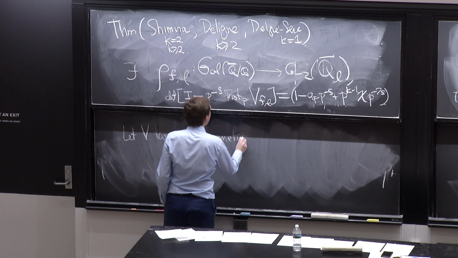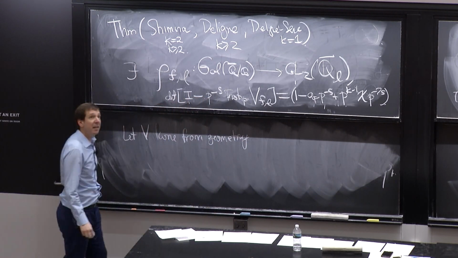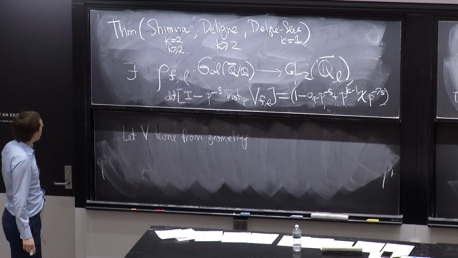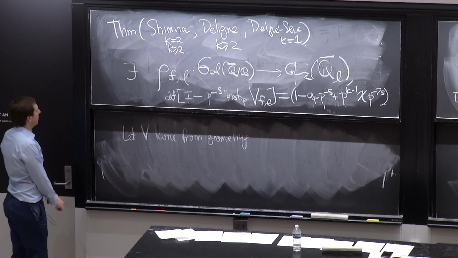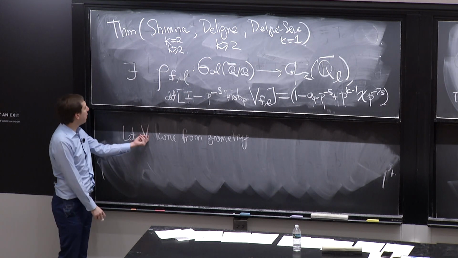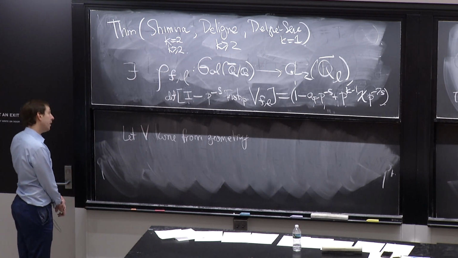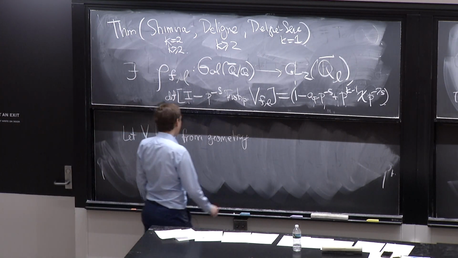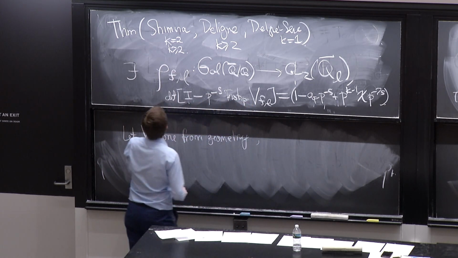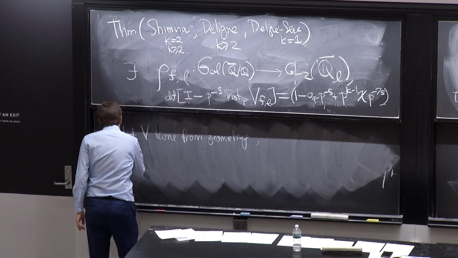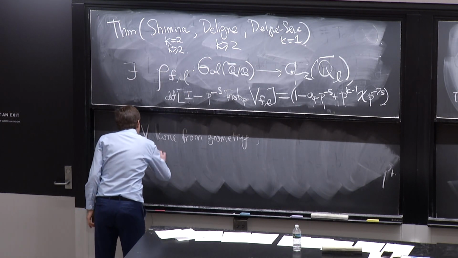So what do I mean by "come from geometry"? I take some proper smooth algebraic variety, and I take its étale cohomology. I get some Galois representation, and I take some two-dimensional chunk from that. Associated to this, I have a Galois representation. So you can ask, does there exist